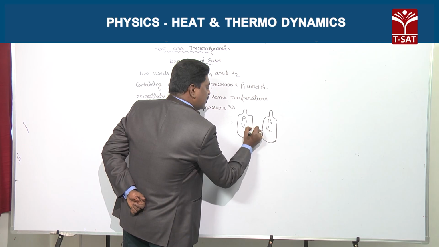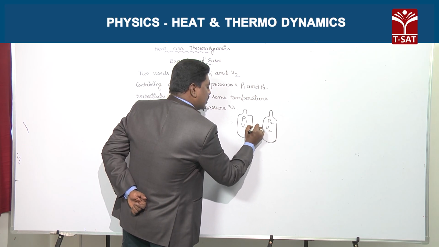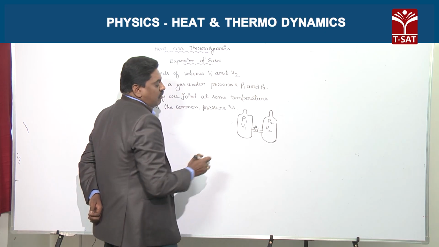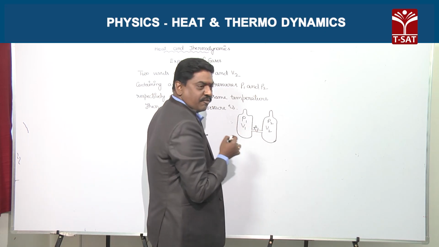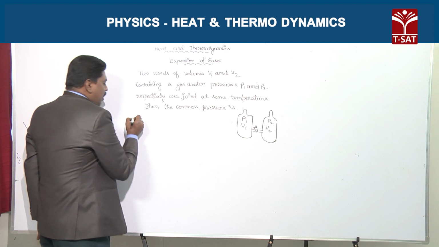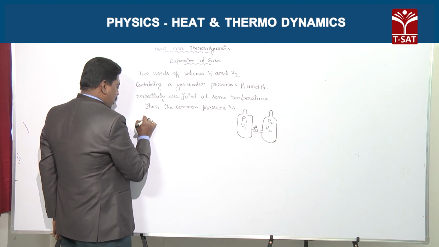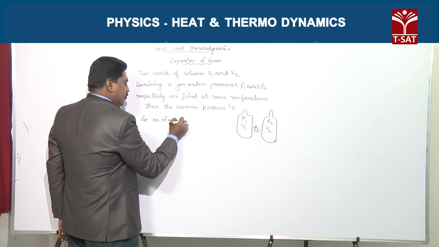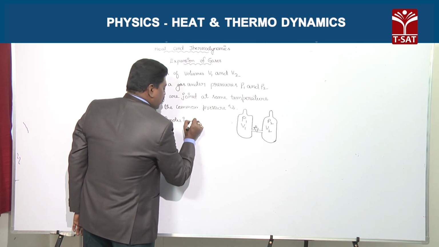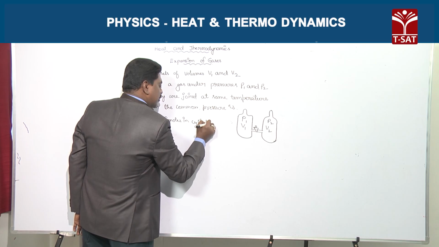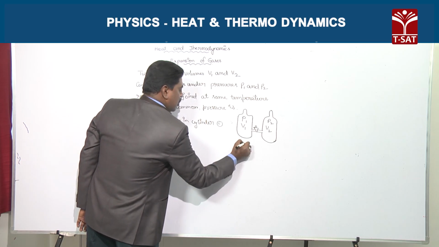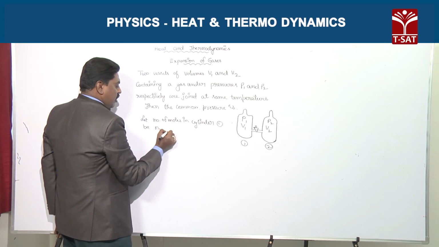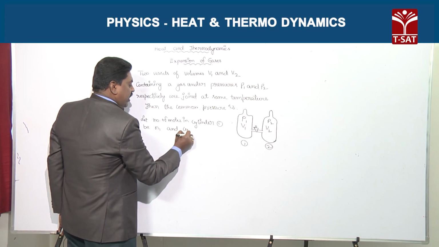The two containers are connected by a valve. When the valve is opened, the gases start flowing from one to another. Let number of moles in cylinder 1 be N1 and cylinder 2 be